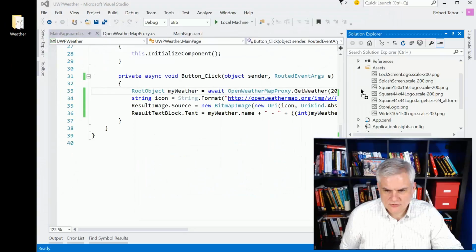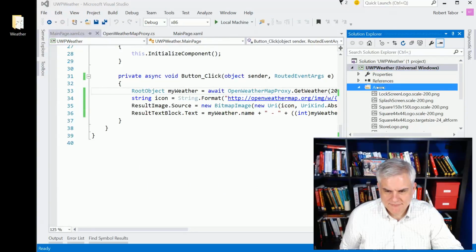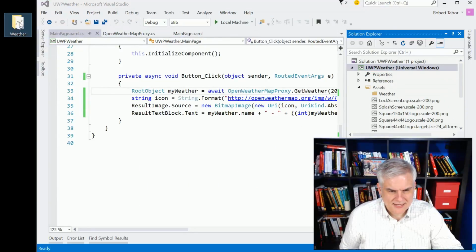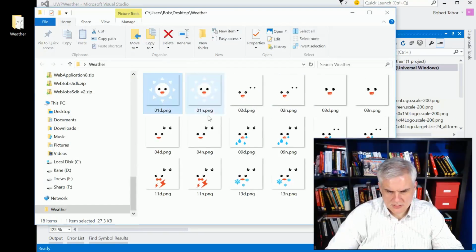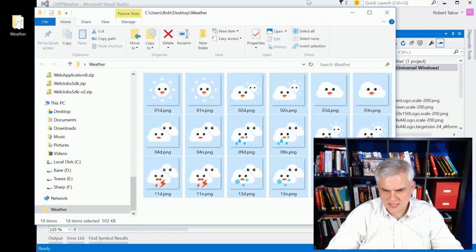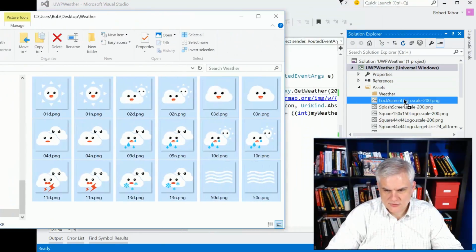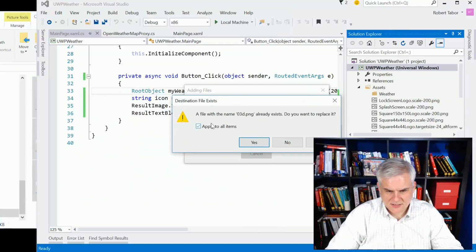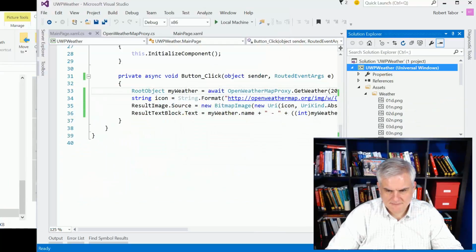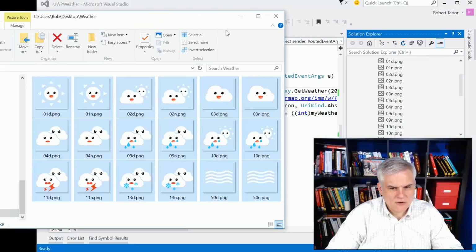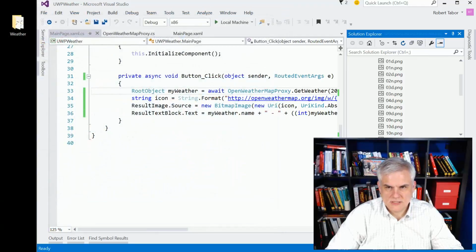So I'm just going to drag the weather folder up. Had that same issue we had last time, that pesky issue. So let's go ahead and just select everything. Drag and drop. It's going to say, hey, it's already there. Yes. Copy it. Okay, great. So now all I need to do